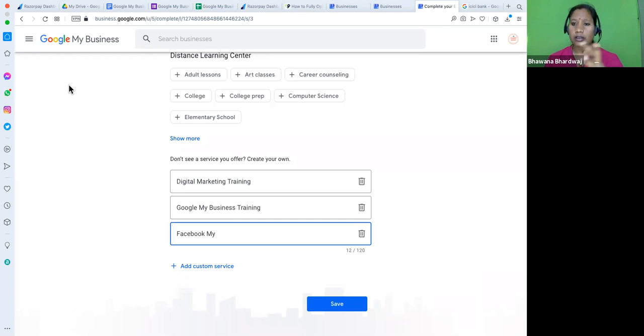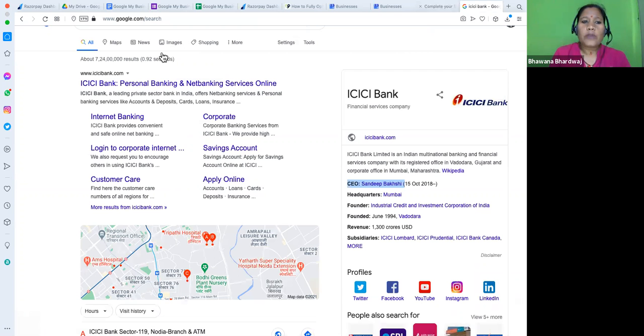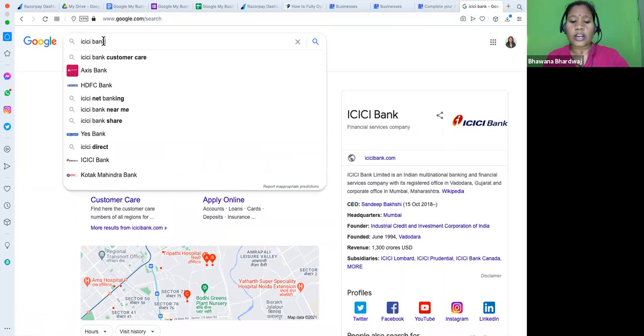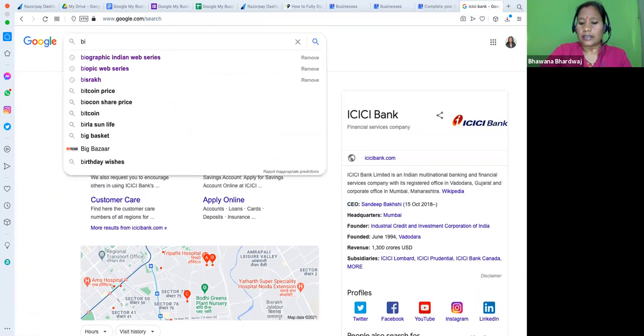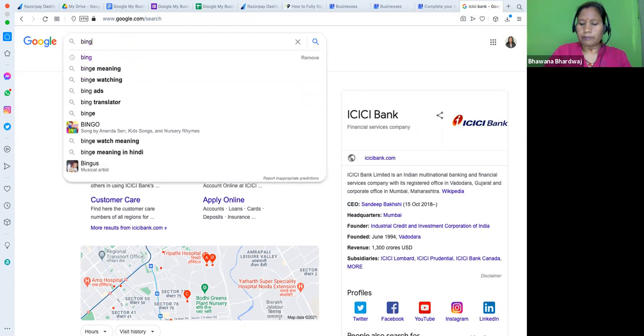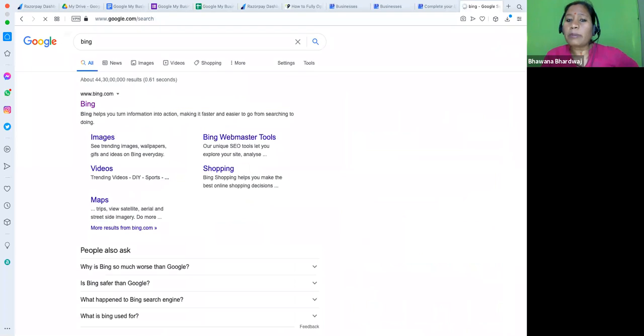Simply go to, for example, Bing. Many people might be using Bing, whoever has Internet Explorer, Bing is the integrated search engine. So if you want a Bing listing, you should go to Bing local.